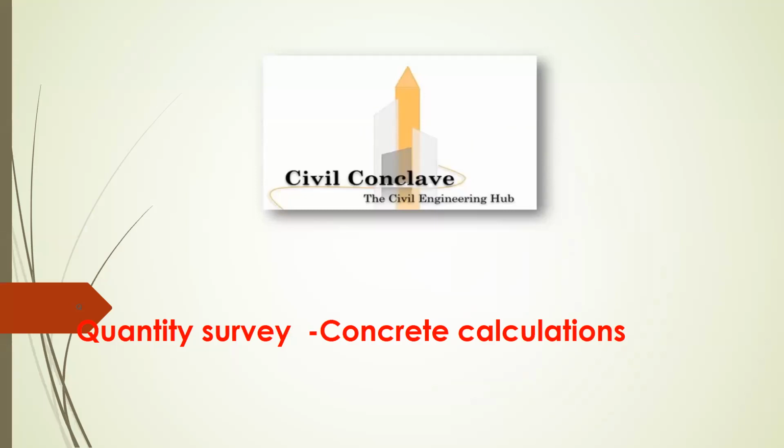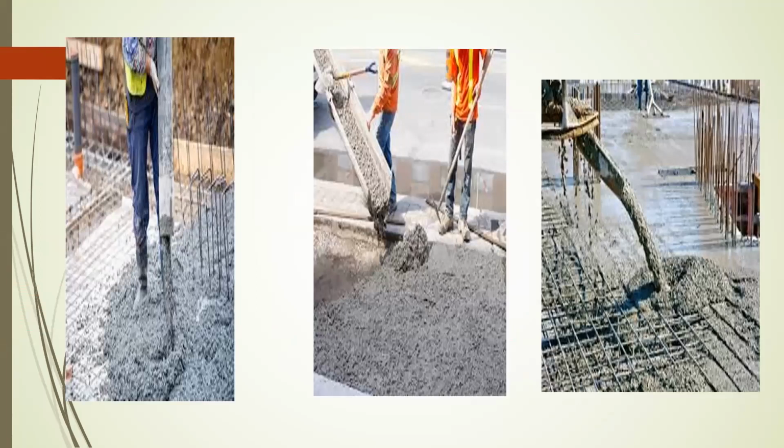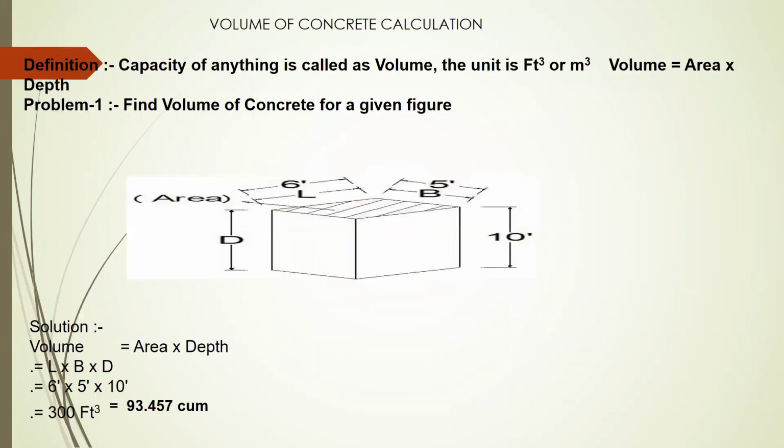Today we are going to discuss quantity survey, part 3, which is known as concreting calculations. So these are some images of concreting, how it is done at site. See now,